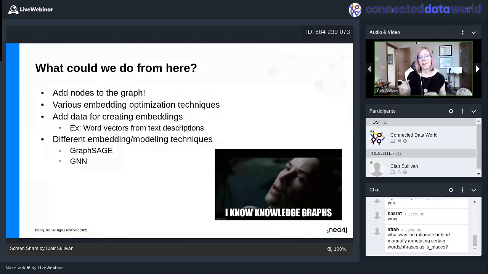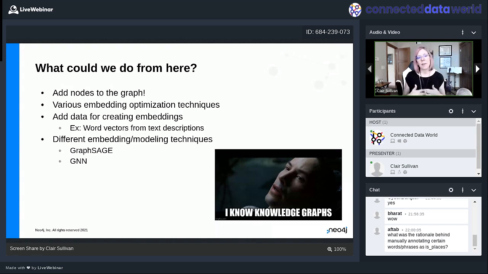Then adding data for creating vectors or creating those embeddings. Now you remember that we used spaCy to create word vectors of those descriptions that the Google Knowledge Graph had. Well, it turns out that you can actually use those for enhancing your graph embeddings. They can be used to help create those graph embeddings. I didn't do that today, but if you look at something like FastRP Extended, remember I said there was like 3.5 embedding techniques built into GDS. FastRP Extended is like normal FastRP, but it takes in other embeddings like those or other bits of data like the word vectors. So I leave that as an exercise to the attendee.